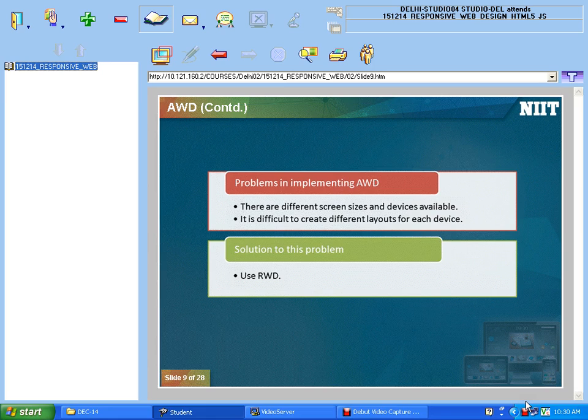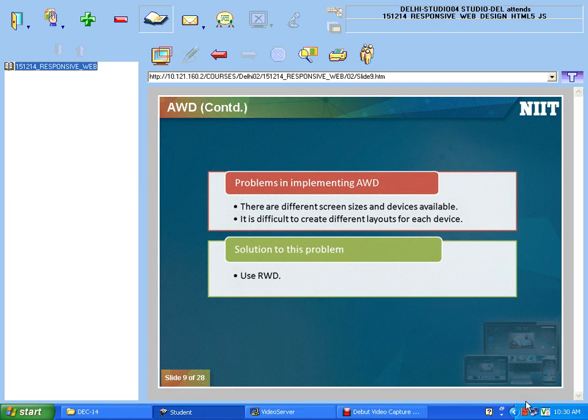But the problem is I don't know exactly from which device my user will try to open that page. If someone tries to open a web page maybe from a tablet, and I don't have a layout for that screen device,